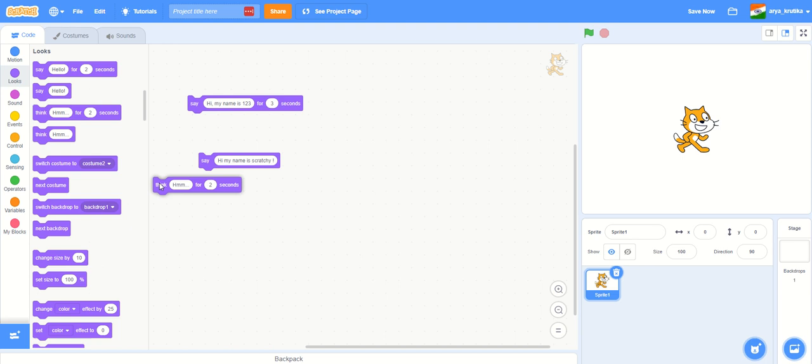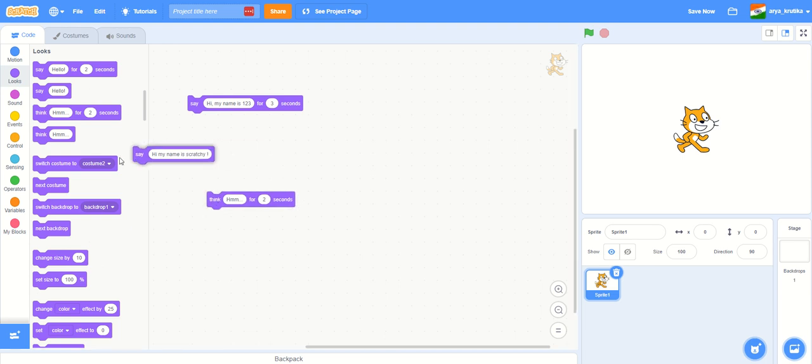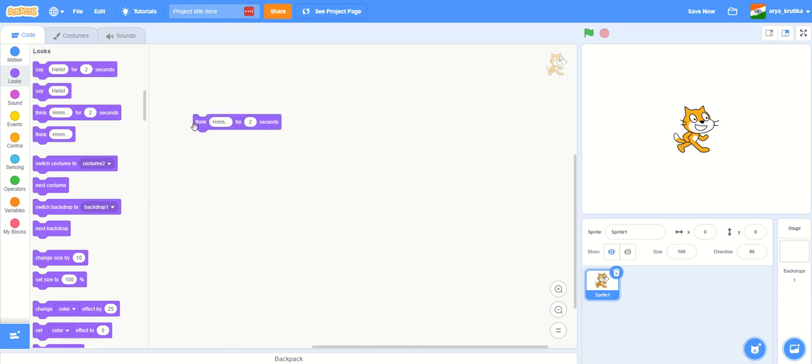Then what we have next is this one, the think block, in which we can also insert a piece of text or a piece of numbers, and we can also insert the number of seconds we want. So I can say, how much does this cost? Okay, and I can insert the number of seconds here, let's say 3 seconds, and when I click this, see,